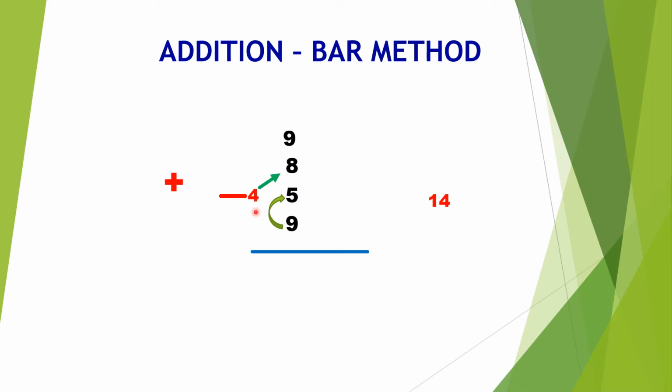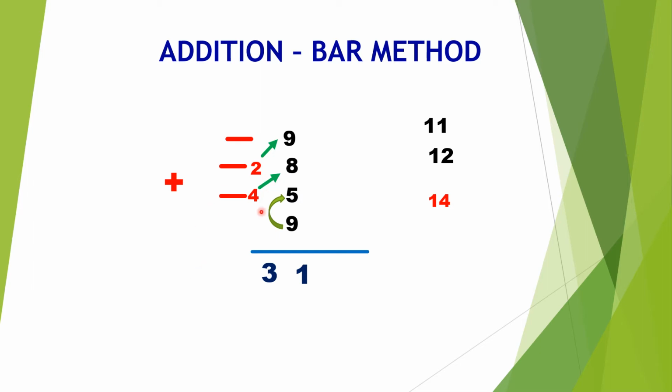Now this 4 you add to 8, just the above number. So 4 plus 8 is 12. Again 12 means how do we write? We have discussed in the previous slide. 12 can be written as 1 bar and 2. That means a bar represents 10 here, 10 and 2, it is 12. So now just add this 2 to the above number. 2 plus 9 is how much? It is 11. So 11 means again we get 1 bar and 1 ones. This one we will be writing in the answer. The next step is now count how many bars there are. 1, 2, 3. So 31 is the sum.